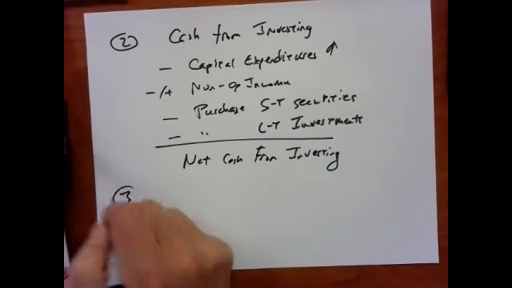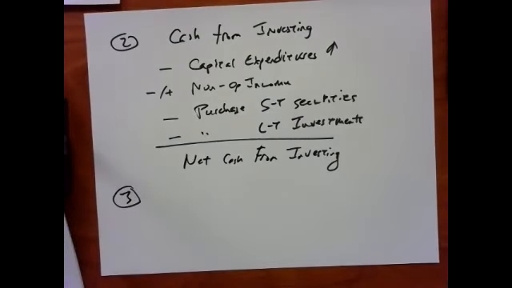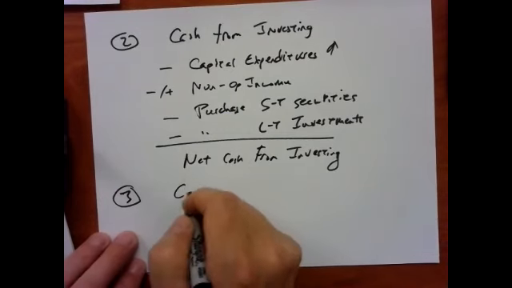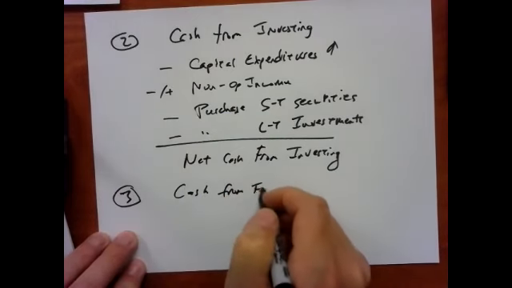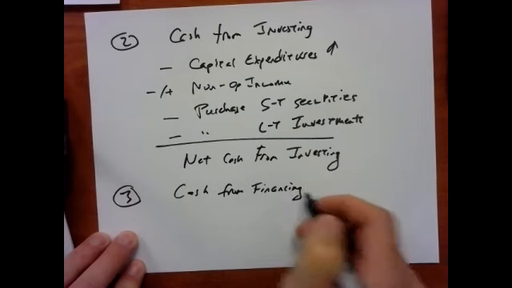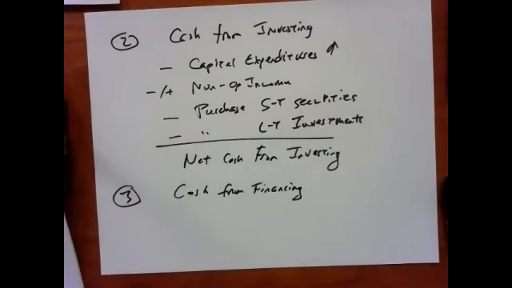And then part 3 is cash from financing, which is different than cash from investing, okay? Cash from financing, so let's say we buy a new truck, right? We're gonna go out and buy a new truck, it's $50,000. We could write a check for $50,000. Most of us don't have $50,000 in the bank account. More likely what we're gonna do is write a smaller check for, say, $10,000 and take out a bank loan,